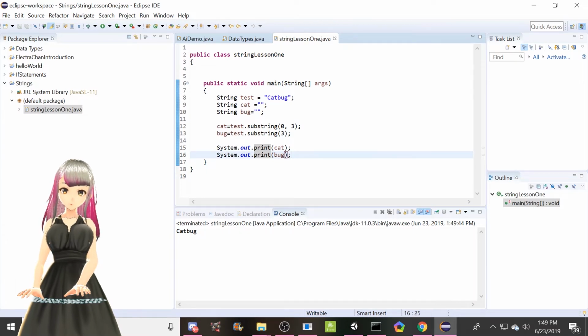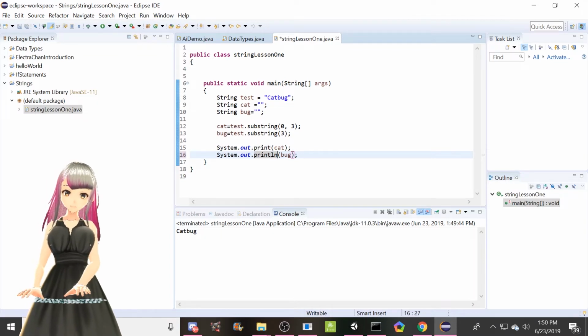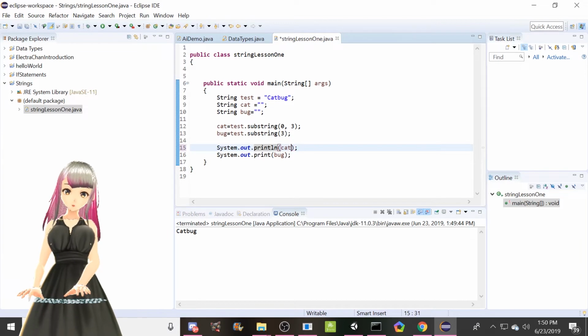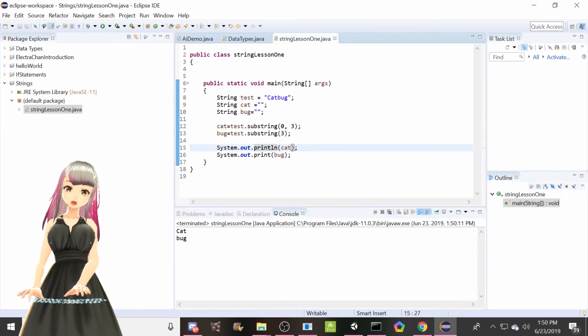But just to prove that this is working correctly, let's make the first one a println, because the println puts the new line statement at the end of the first thing. So now we have cat and we have bug on 2 separate things. That way you know there's no trickery. Also, while we're at it,